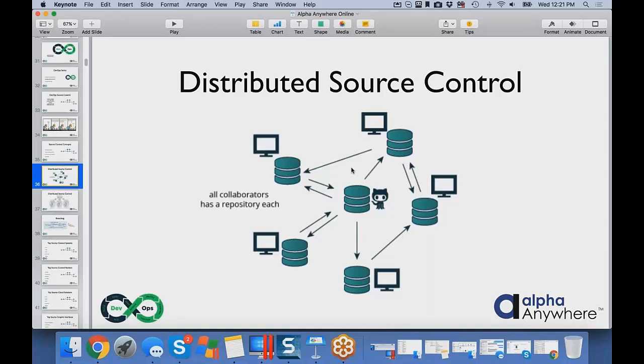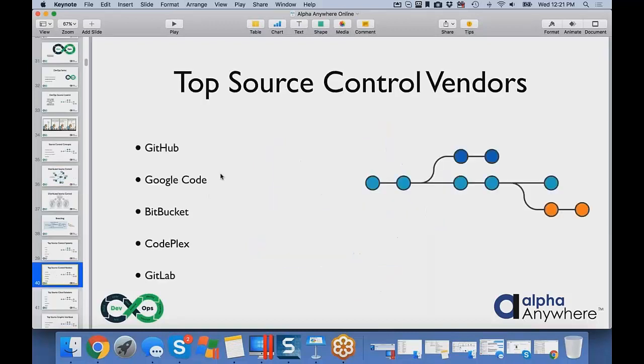So obviously, often they give you a few private ones, but if you need more private ones, then they start charging you. So you'll see the term public and private repositories. Just know the difference is if it's public, it's going to be open. People are going to be able to access it. If it's private, you're able to restrict that. But again, all of these vendors usually offer starter plans where you can get a couple free things to get started, and then as you grow, you can use their systems and services here.